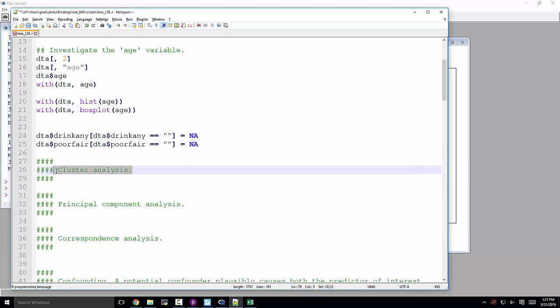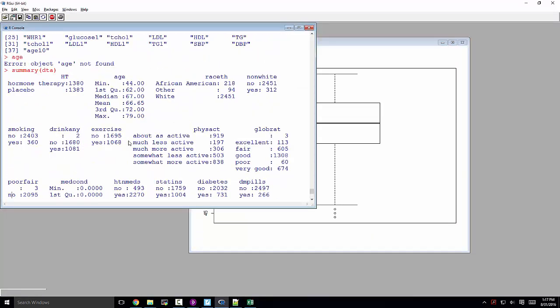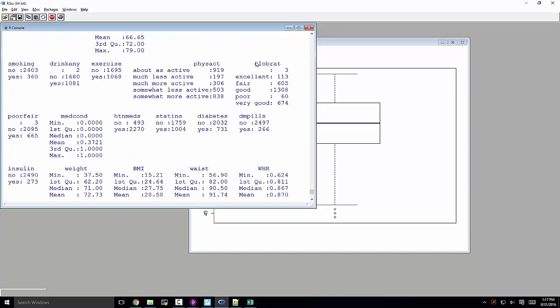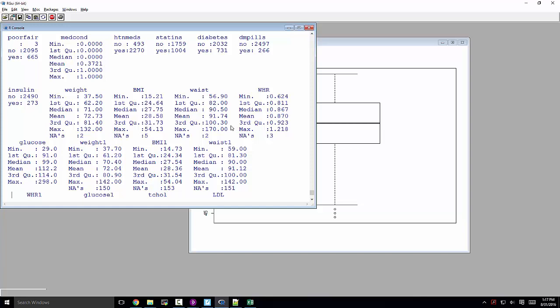Cluster analysis, what we're going to do is come back here to our data and gather up all the numerical variables. There are some techniques for summarizing and visualizing that are specific to numerical variables. Then there are some techniques that are specific to categorical variables. Let's start with numerical. If we were to grab all the numerical variables like age, weight, BMI, and all these different ones over here, what cluster analysis would do is group the individuals,